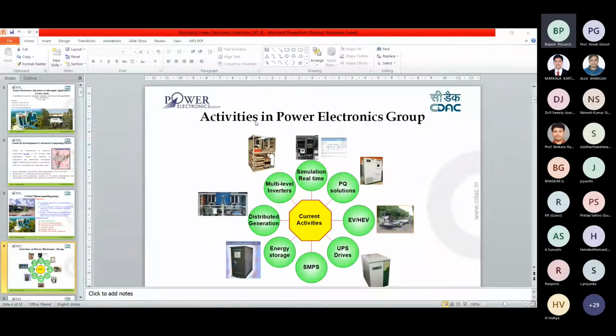Such localized microgrids can restore easily. So resilience is a point in selecting a microgrid.